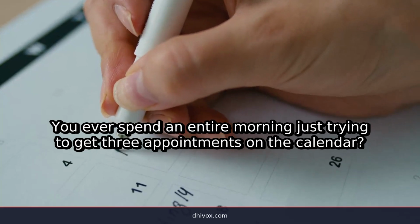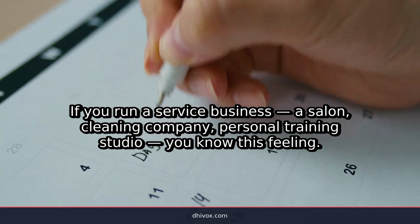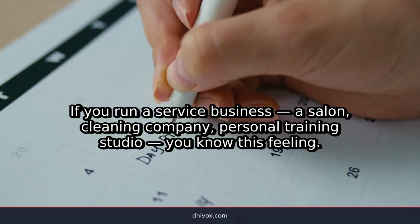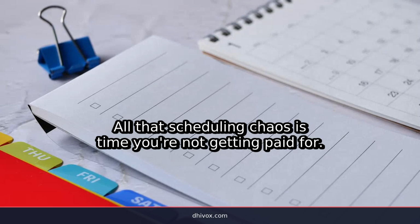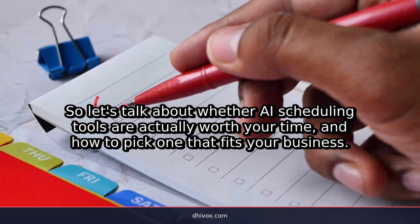You ever spend an entire morning just trying to get 3 appointments on the calendar? If you run a service business, a salon, cleaning company, personal training studio, you know this feeling. All that scheduling chaos is time you're not getting paid for. So let's talk about whether AI scheduling tools are actually worth your time and how to pick one that fits